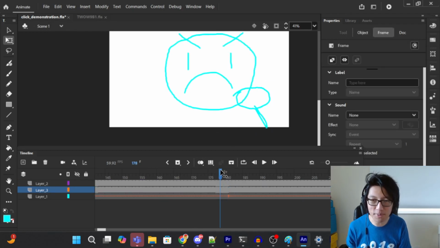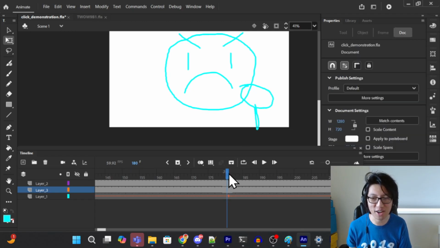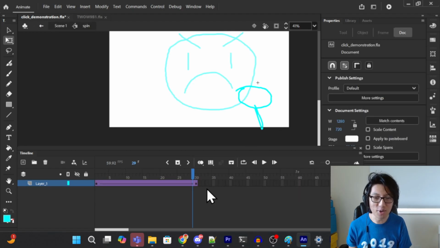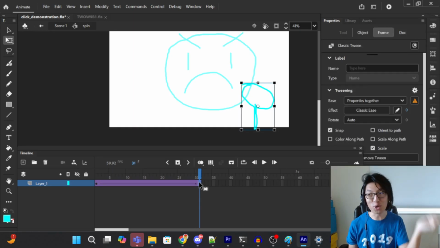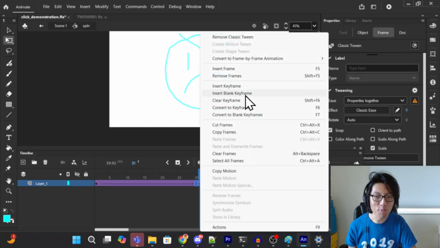So if you look at it, it'll be like big rotation, little rotation, because the little rotation is 1/60th off, whereas this is 1/30th off. So what I would have to do is basically do the whole thing over again, copy the original one, change this back to the original rotation of 0, drag it to 31, put a keyframe at 30, remove the frame,